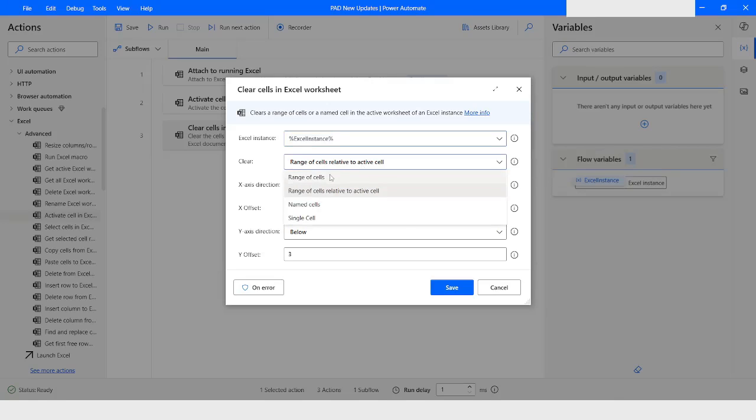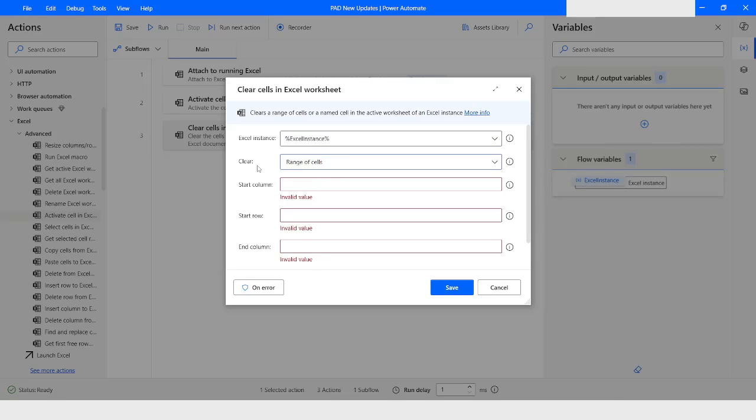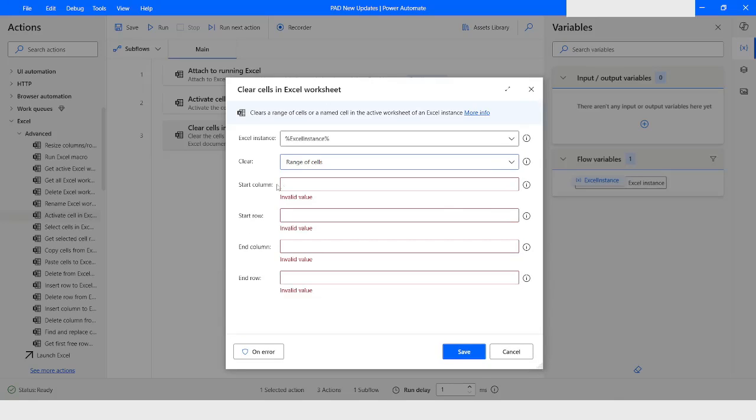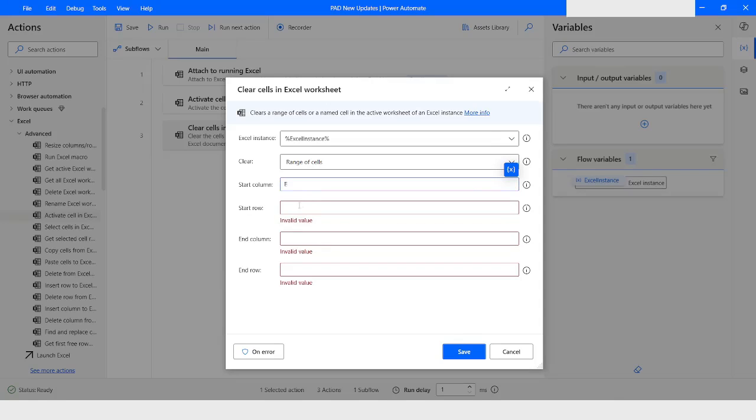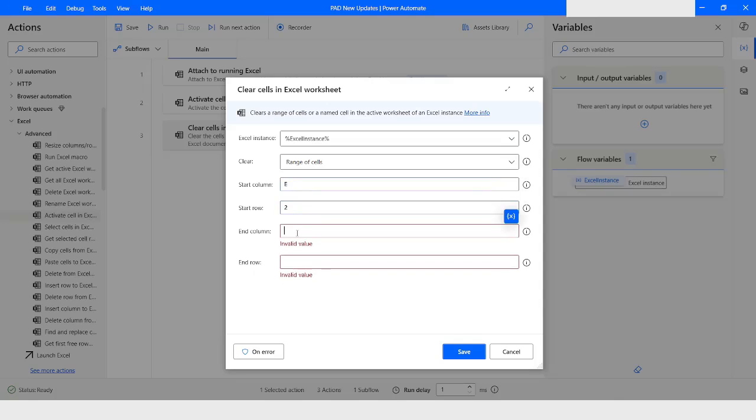Now we have range of cells. So this is our last option, right? Here we need to define or specify from where till which row we want to clear the data. So let's say I have column E, row number 2, and let's say in the column E itself till the 7th row. I will click on save